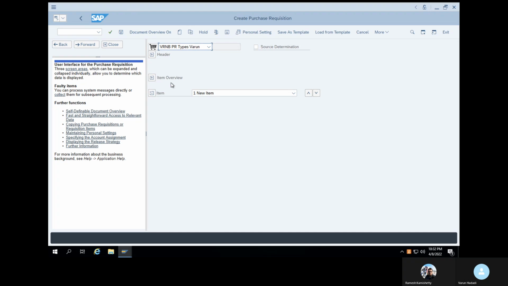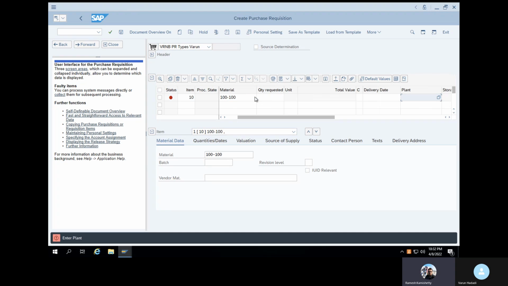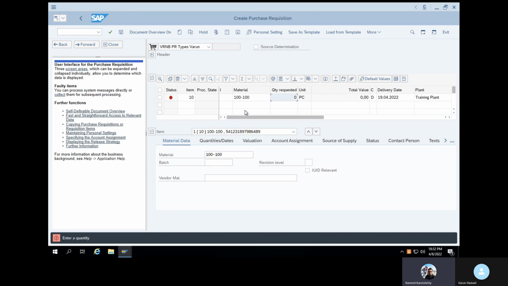VRNB, yes. PO, purchase order, is also the same process. You create one more, two, three more purchase documents, and enter number ranges and quantity.